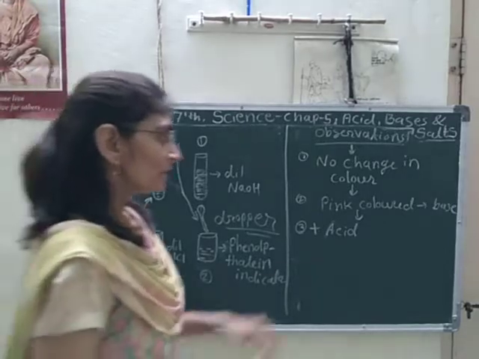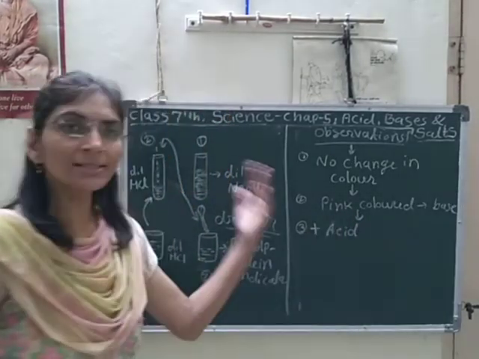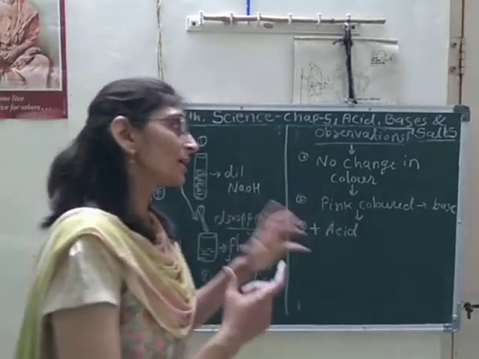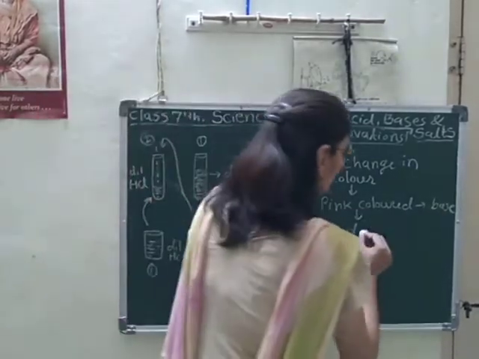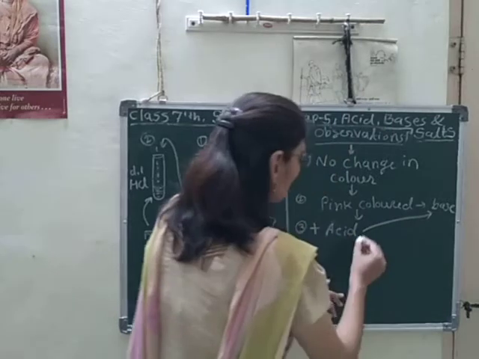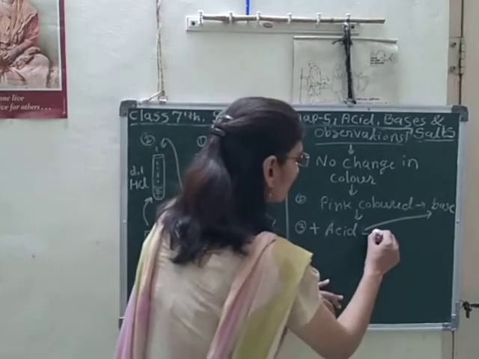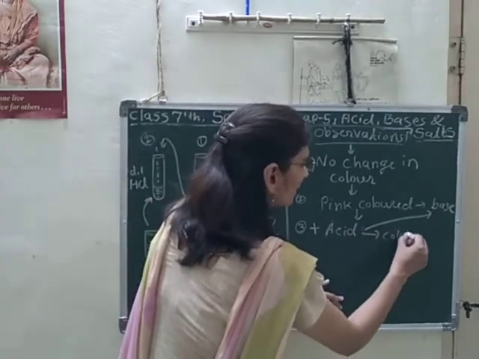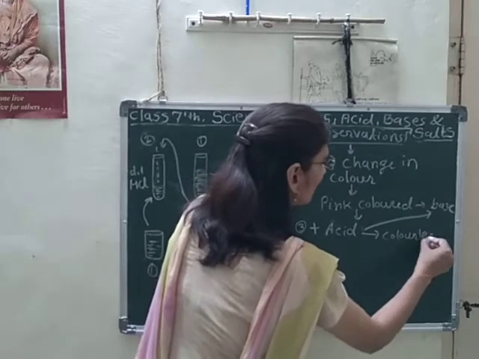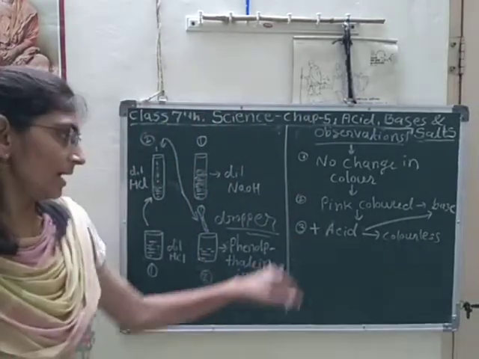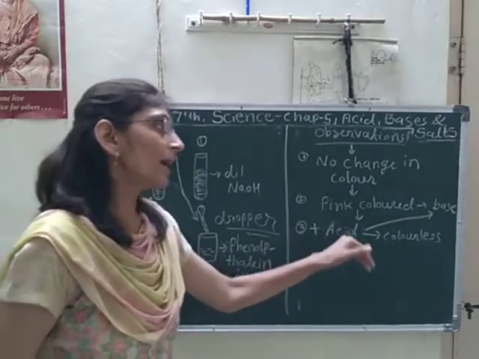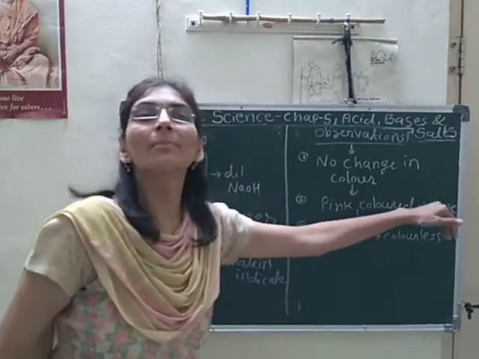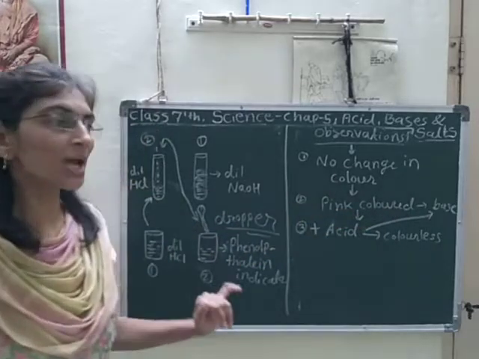Okay. Now I will add acid. So acid ऐड किया तो क्या हुआ है? बेस को उसने न्यूट्रलाइज किया. क्या हुआ यहाँ पर? अभी बेस को न्यूट्रलाइज किया. And again the solution will become colorless. Yes. In third step, when I added acid again, then it neutralized the basic effect of that solution and then